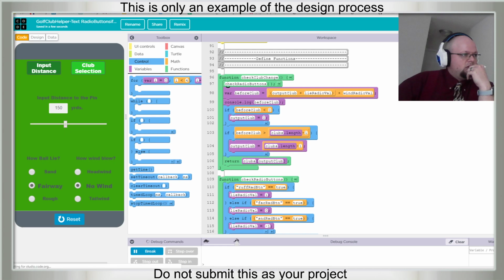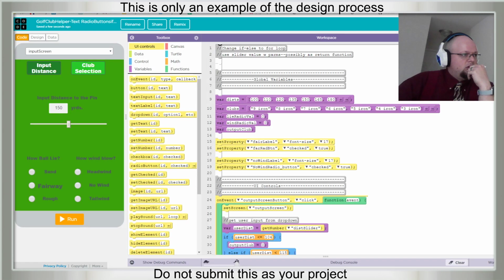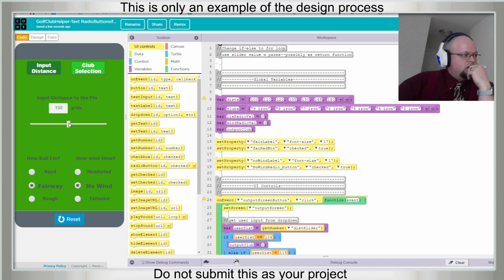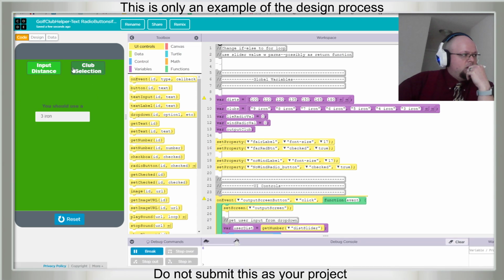And let's reset just in case. Again, 3 iron. Holy moly. Right back to the beginning. 9 iron. Good. This should say 8 iron. No, it does not.